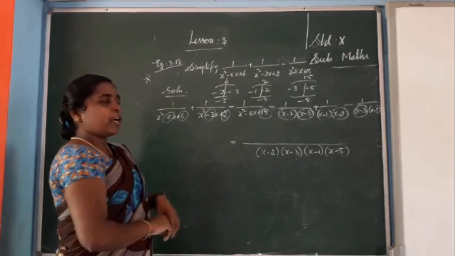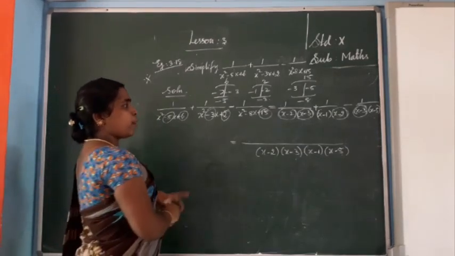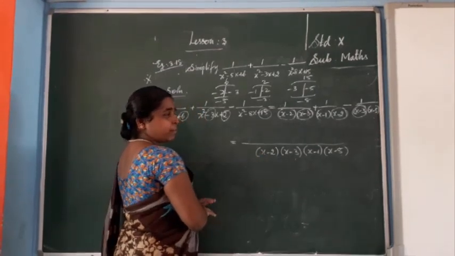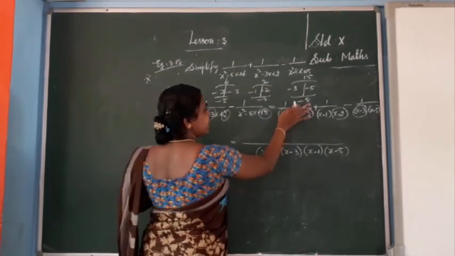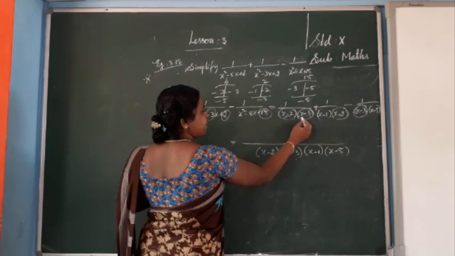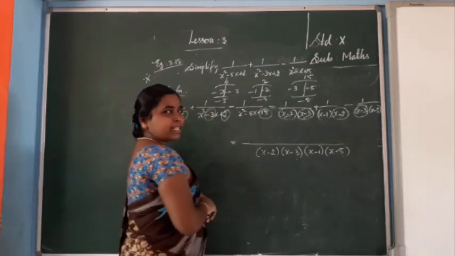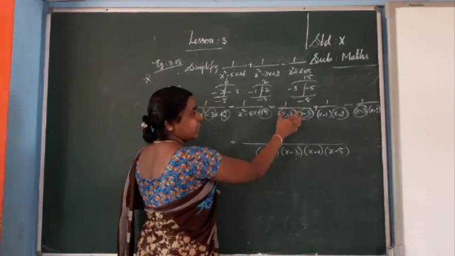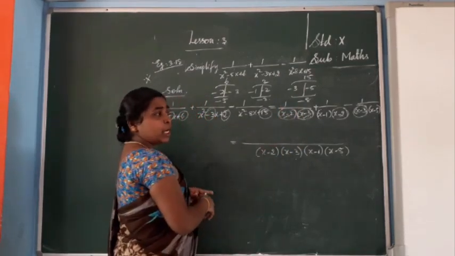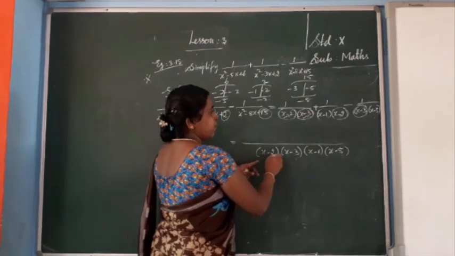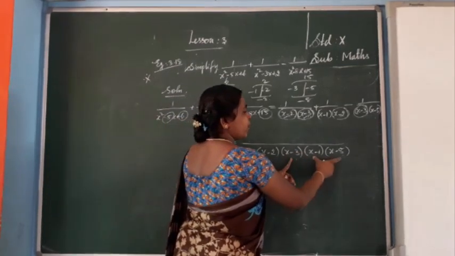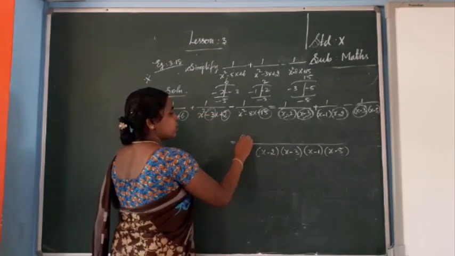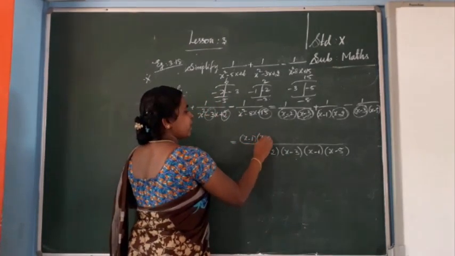In the LCM concept, you have studied in expressions how to take LCM. Okay, now you have written all the terms. LCM I have taken. Now you check the first part. Already x minus 2 and x minus 3 are there, isn't it? But now I have written 4 terms. What terms are not there? Those terms you have to write in the numerator. So x minus 2 and x minus 3 are there. What terms are missing? x minus 1 into x minus 5. So you write the two terms, x minus 1 and x minus 5.